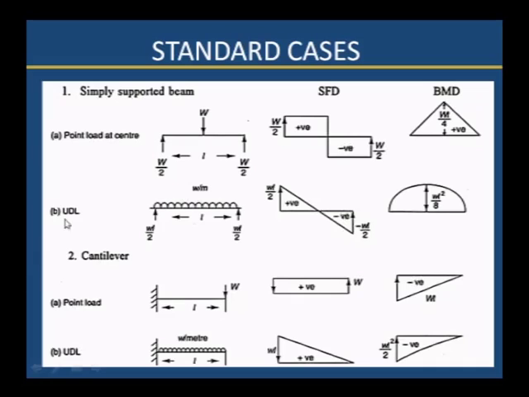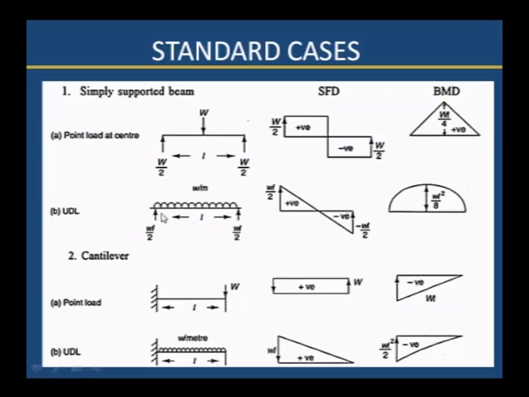These are the 4 cases what we have discussed now. Simply supported beam, point load at center, reaction is W by 2, W by 2. Shear force diagram will be like this, 2 rectangles, and bending moment diagram is a triangle with the maximum bending moment WL by 4 occurs at the center. Then uniformly distributed load,